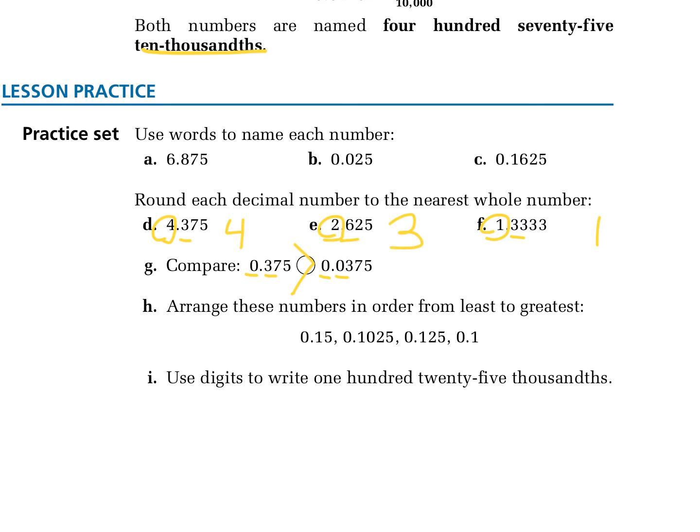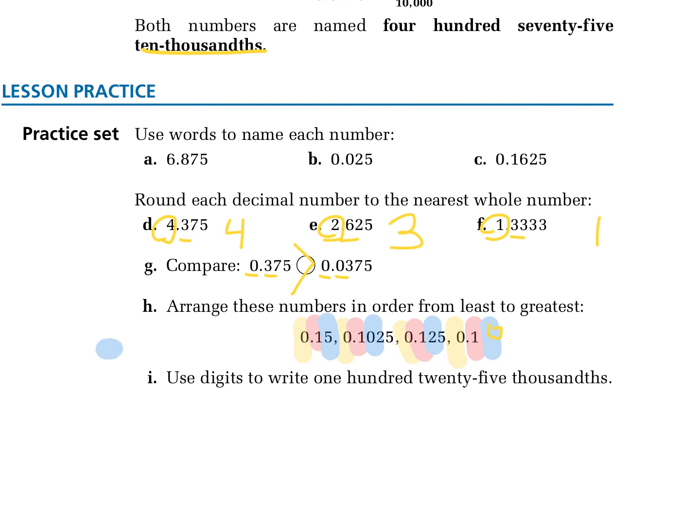H. Arrange these numbers in order from least to greatest. So I'm going to use my highlighting strategy. I'm going to highlight my whole numbers. My whole numbers are all 0. So I'm going to go to my tenths. I notice all my tenths are 1. Okay, that's no problem. We're going to move on to the next. Then I have my hundredths place. In this hundredths place, if there's nothing there, it is a 0. Okay, so now we can start comparing some numbers. We have a 5, a 0, a 2, and a 0. I'm going to put a little 0 there just so we know. Okay, so far,